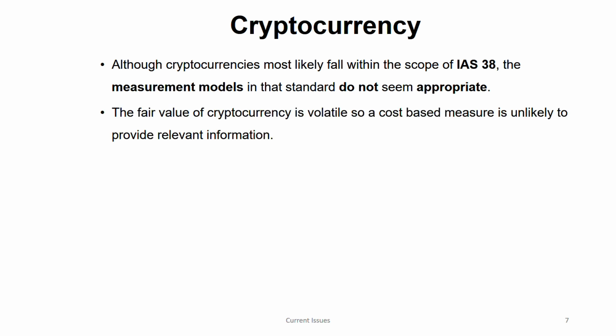Let's see why. Number one is fair value. You can measure your intangible asset using fair value, right? But the fair value of cryptocurrency, can you find out? It's very volatile. We told already in the first slide, cryptocurrency is very volatile. So finding fair value will be very hard because fair value will keep changing rapidly. So in this case, the fair value model is not a good model. You have to use a cost-based measure.